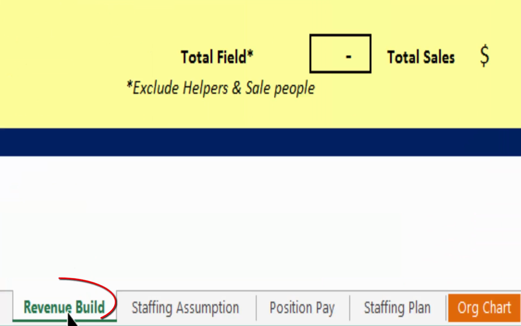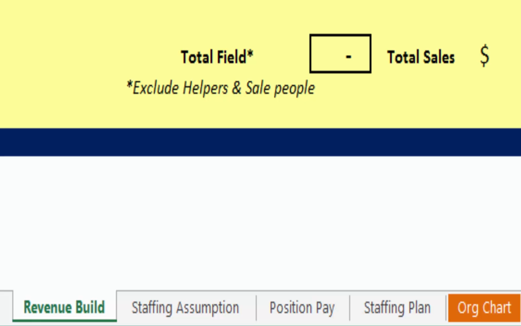Now, this is an introduction here, and I'm going to just kind of show you the tabs on it. One tab is a revenue build tab. So we start with the revenue build. What are the drivers for the revenue in the company? And the drivers are your service technicians and your installers. So I've got it by the 3 departments: the plumbing, the HVAC and electrical, the service departments, and the installation departments. So that's going to be your drivers, and we'll go through that separately